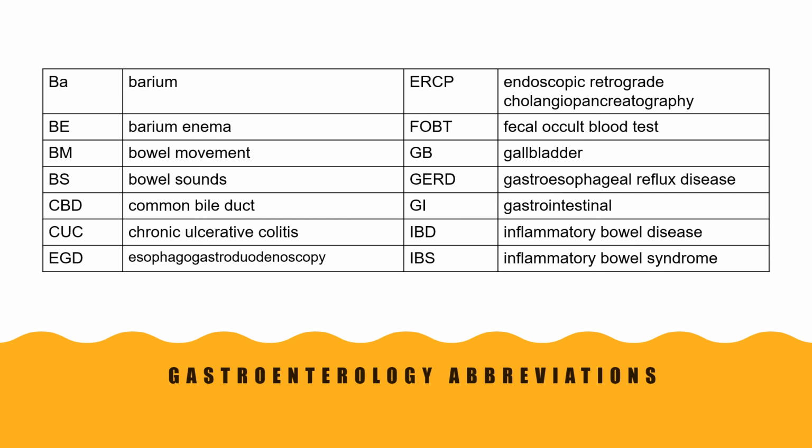Okay, let's do some gastroenterology abbreviations. Some of these we're going to have to pause on because there's some pretty long words. BA stands for barium, BE, barium enema, BM, bowel movements, BS, bowel sounds, CBD, common bile duct, CUC, chronic ulcerative colitis, EGD, this is a long one,